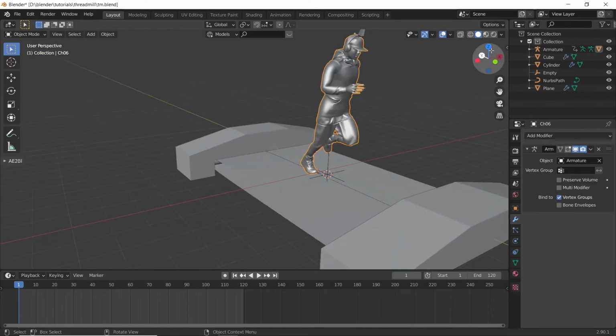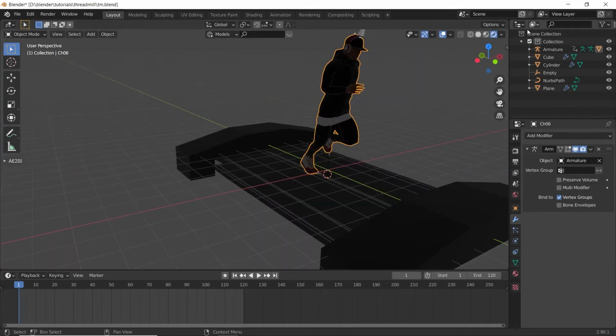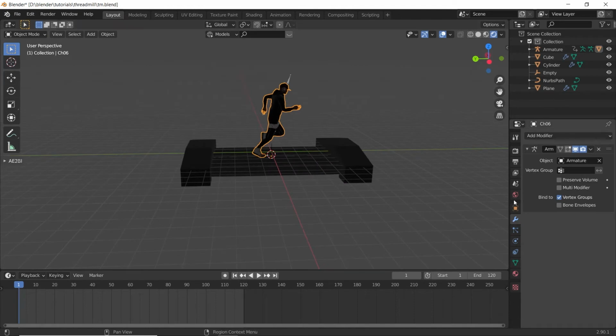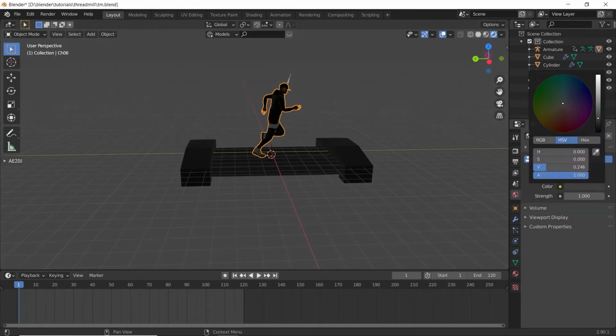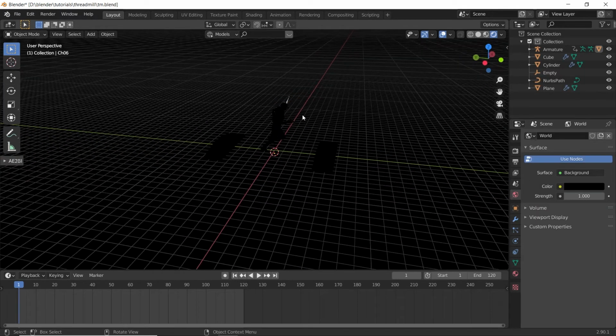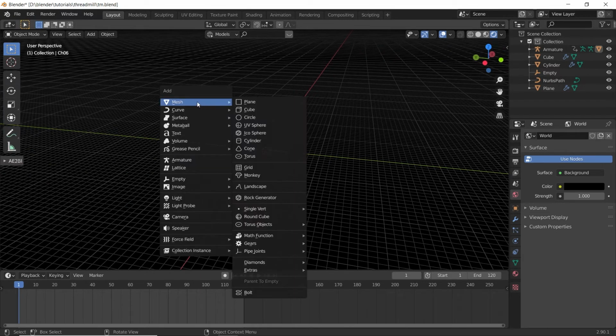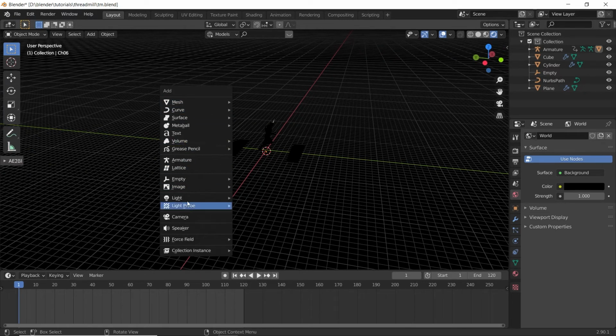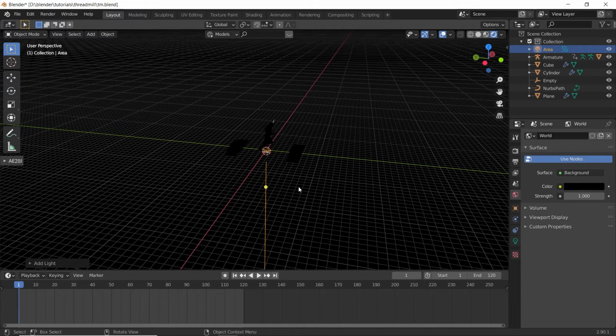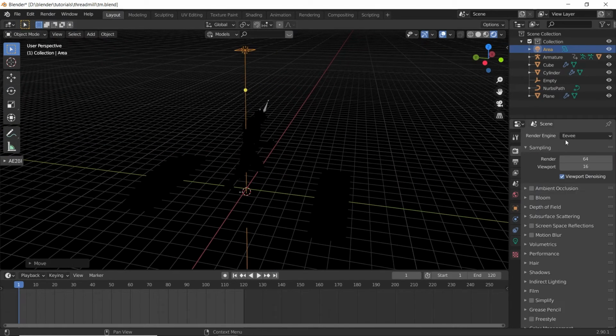Now let's go to render view. Change the world color to black. And let's add some lights. Let's add an area light. Grab it on z-axis. I am rendering it in Cycles.